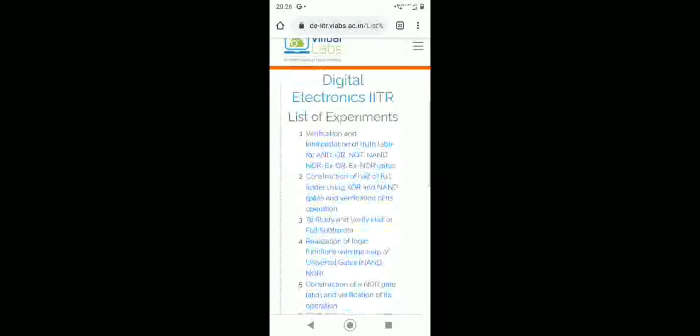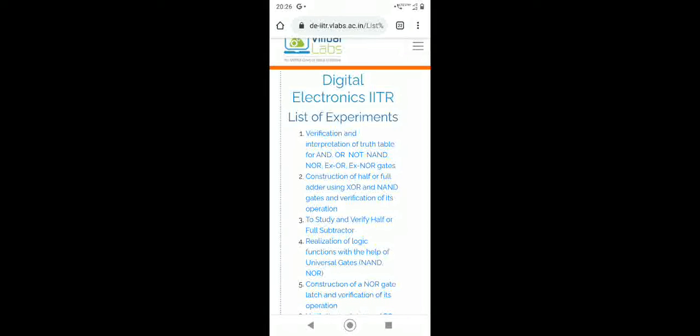First of all we can see the list of experiments, where we can see first of all verification and interpretation of truth table, different logic gates AND, OR, NOT, NAND, etc. After that, construction of half or full adder using XOR and NAND gate, then subtractor.